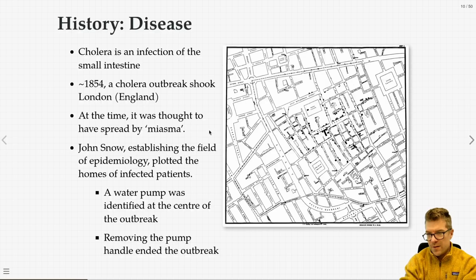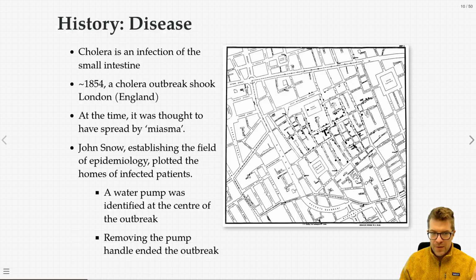Speaking of visualization, which is the topic of this module, I want to go through a little bit of history to reemphasize the importance of this subarea of science. Cholera is an infection of the small intestine. It's very deadly. In around 1854, a cholera outbreak shook London, England, not London, Ontario. And around that time, coming back to a topic from our very first module, I believe, people who didn't have access to the scientific method thought there was this vague thing called miasma that spread this disease. But John Snow, no relation to the character from the Ice and Fire books,